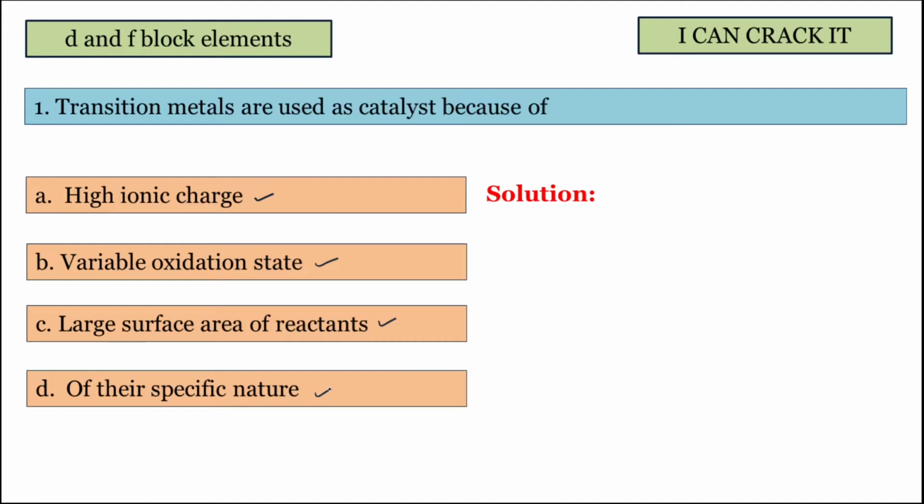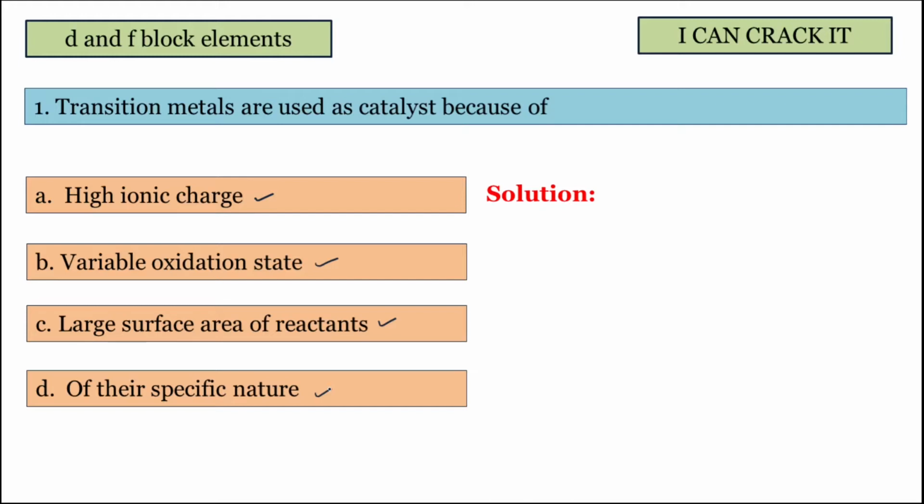See, what is a catalyst? It increases or decreases the rate of the reaction depending on whether it is a positive catalyst or a negative catalyst. So it alters the rate of reaction. During the reaction, it undergoes many changes, but at the end of the reaction, it remains the same as at the start of the reaction.